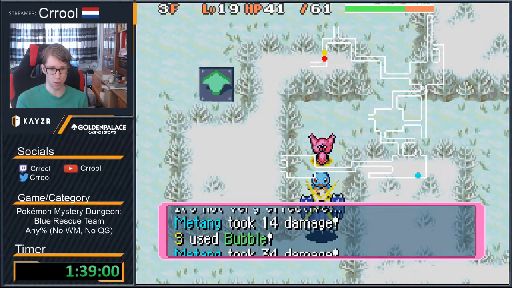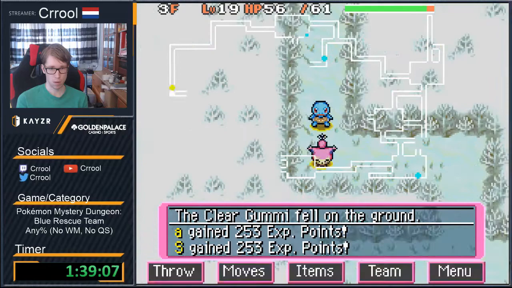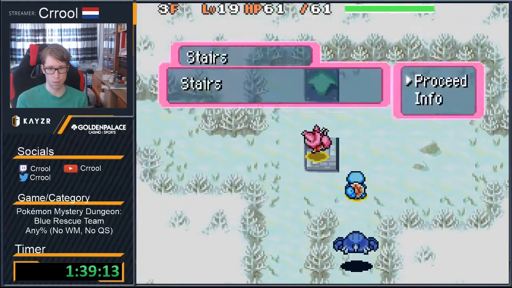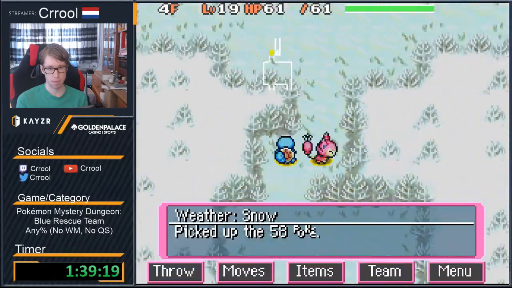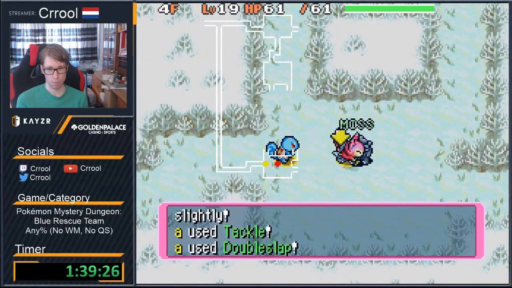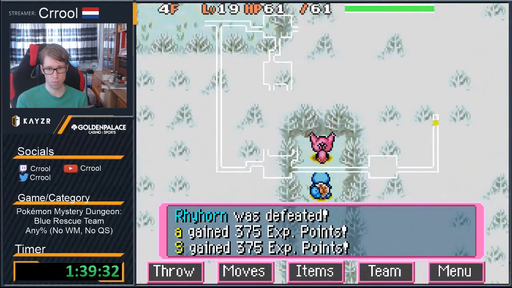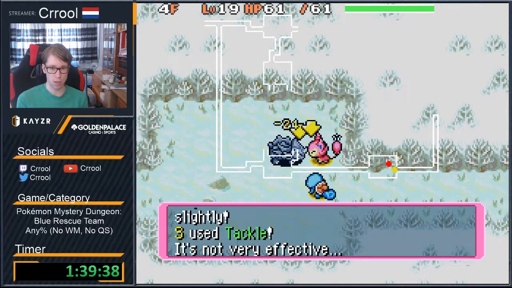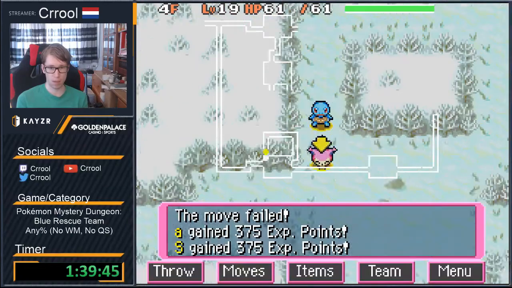Especially being infatuated, we're just gonna swap to Squirtle. Boy, that was a bad floor. Okay, one more. Okay, this is a really bad Frosty Forest. I'm gonna lose some time here. PB is definitely still on the table, but